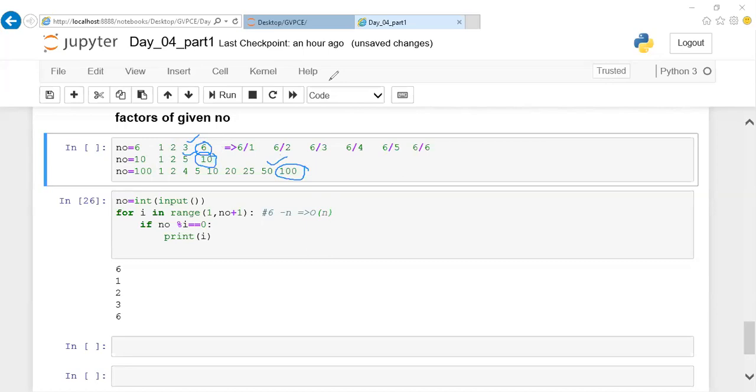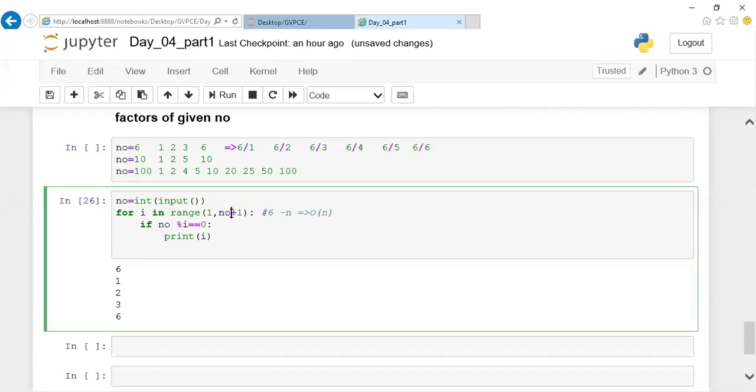Good, good. Someone has mentioned it in the question and answer. I didn't notice it. Good. For any given number, you're going to have factors only till half of the number. Again, you'll get the same number as your factor. Yes, the number of iterations has been reduced here. So I can optimize the same code in this way. Instead of going till n plus 1, I'll go only till n by 2. N by 2 plus 1 should be there. This plus 1 is mandatory.